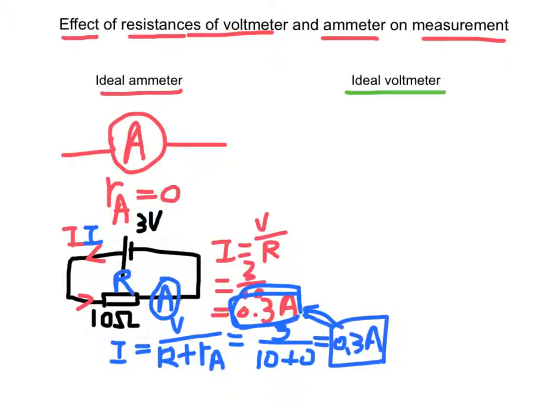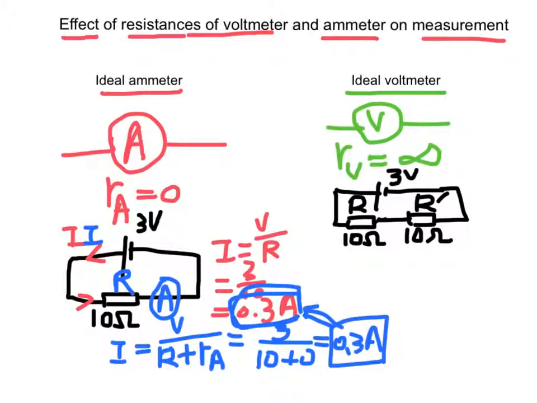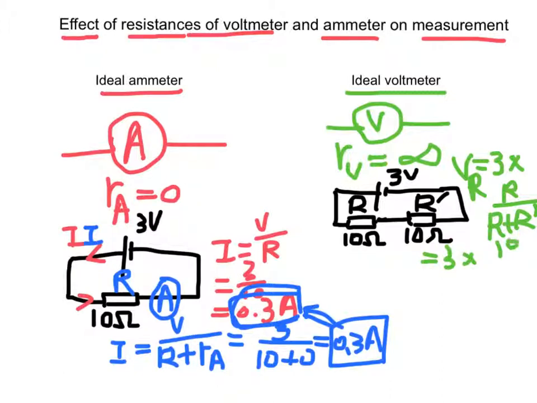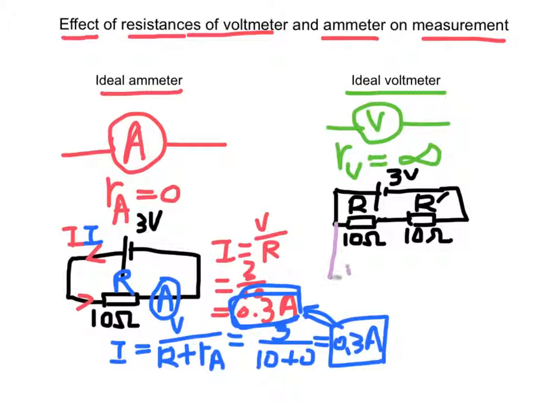For an ideal voltmeter, the internal resistance of the voltmeter is infinite. In the circuit, the voltage across the resistor R can be found by using the ratio: 3 times R over R plus R, which is equal to 3 times 10 over 10 plus 10, which is equal to 1.5 volt. When we put an ideal voltmeter